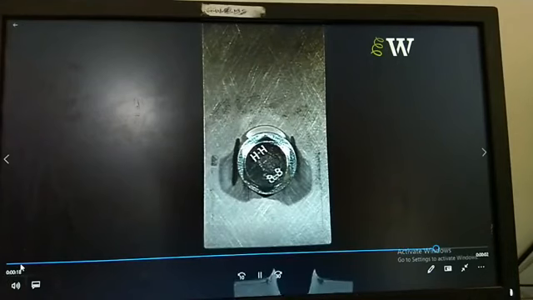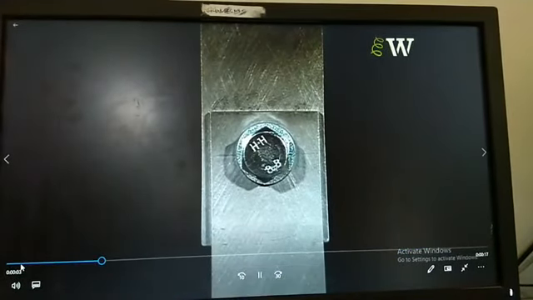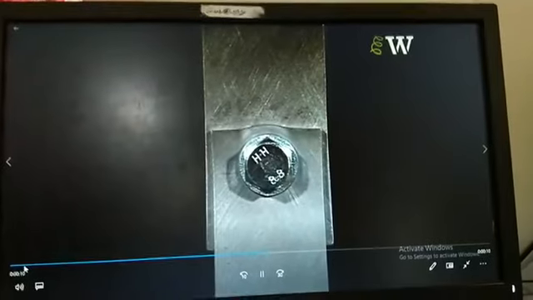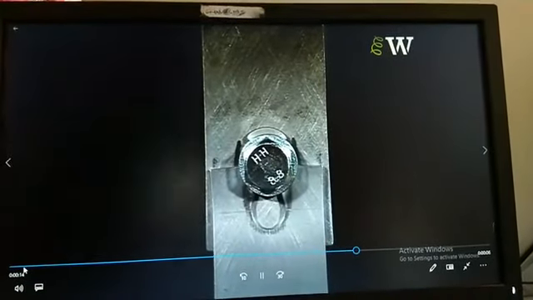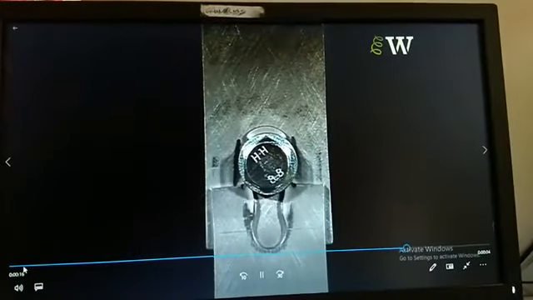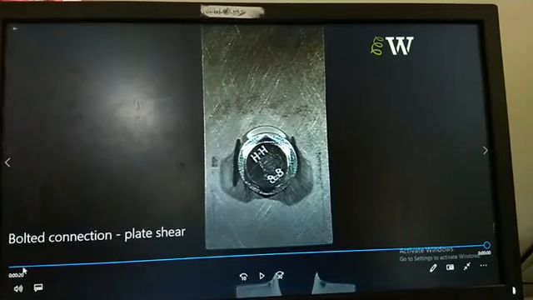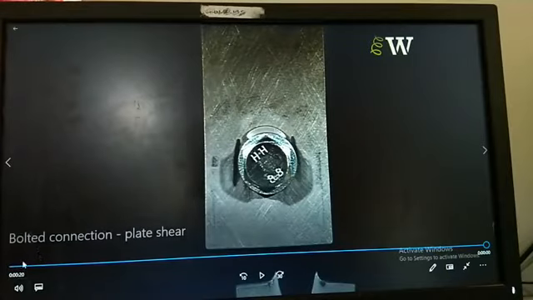Okay, so you can see it again. Right, so what kind of failure is it? It is called bursting failure. So in shear you can see bursting failure. In bearing failure of the plate you can see crushing. In tensile failure of the plate you can see rupture. Okay, so this is called bursting failure.